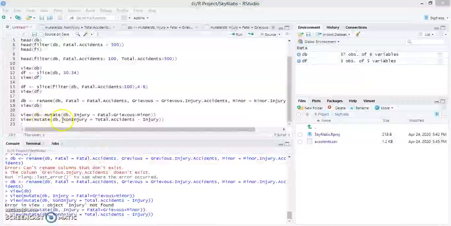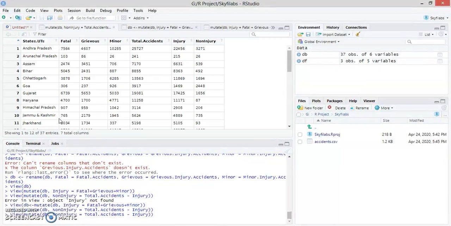While adding the non-injury column, we are mutating the data on the database DB. When we run it, we can see that the non-injury column is added. Non-injury is the subtraction of the injuries from the total accidents.